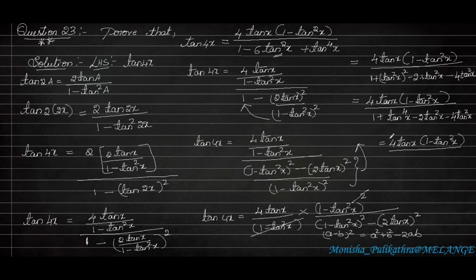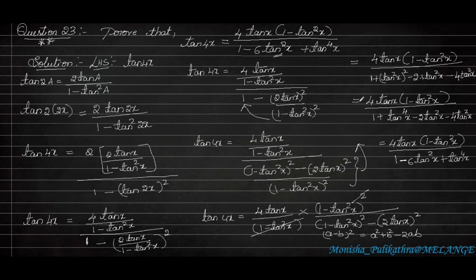So here first you write 1, next minus into minus is plus. We have to do the operation addition, but we should include the symbol minus because the larger number's sign is minus here. So we have to include the minus symbol. 4 plus 2 is 6 tan square x. And here tan 4x is remaining. Write down plus tan 4x.